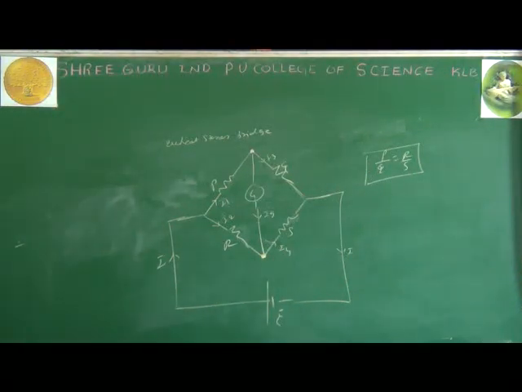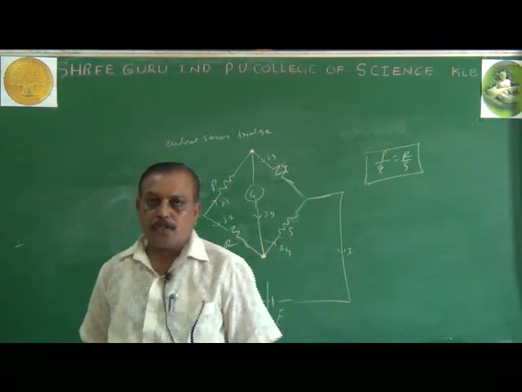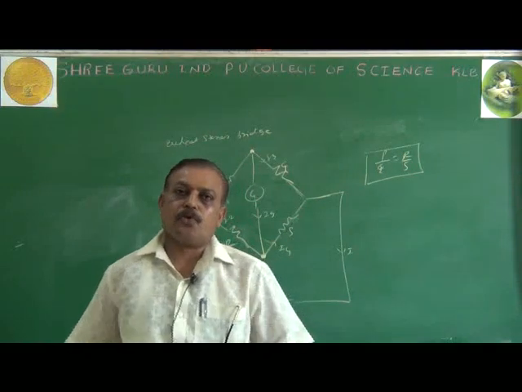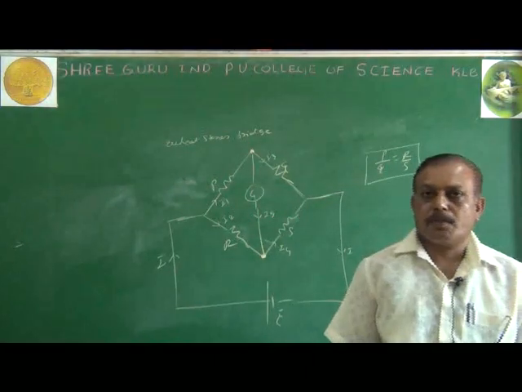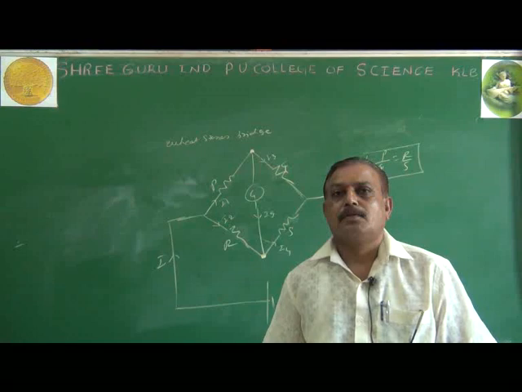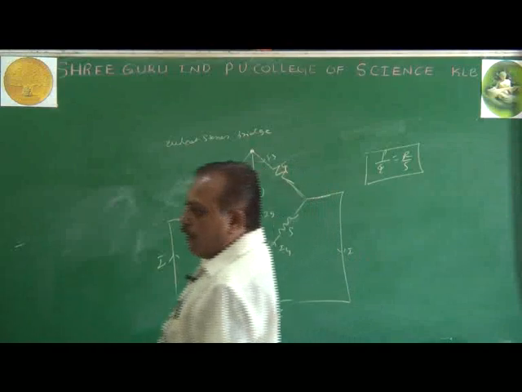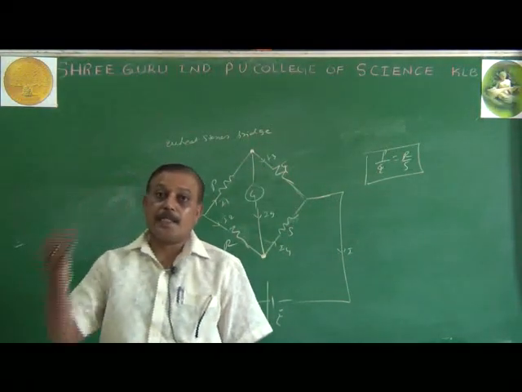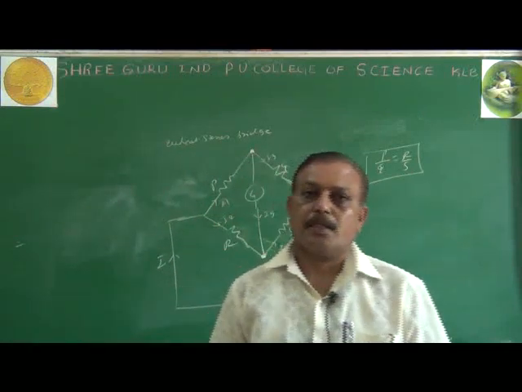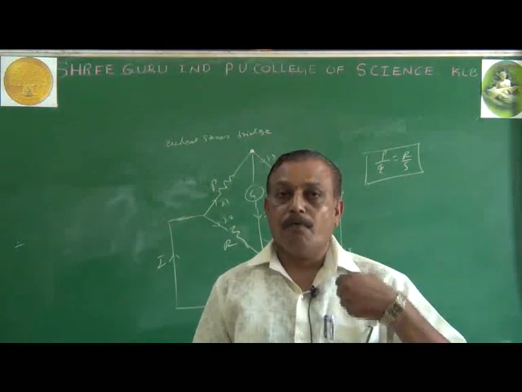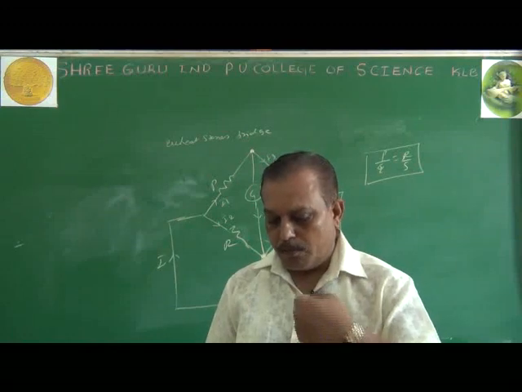There is a device which is based on this Wheatstone network, or Wheatstone bridge, and that device is called the meter bridge. The meter bridge is completely based on the principle of the Wheatstone network. It is used to calculate the resistance of a given unknown wire, its resistivity, and the temperature coefficient of the material, and it is also used for verification of Ohm's law. Especially while doing the practical, we come across this.